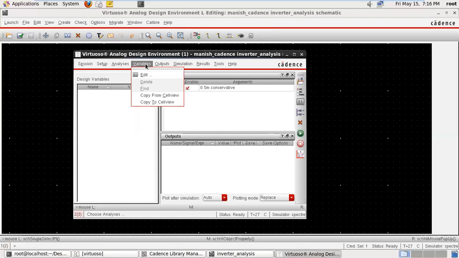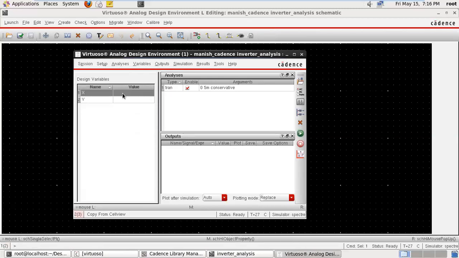Go to Variables, Copy From Cellview, so you can see the variables here. x is my input variable. So here we have taken the gate to source voltage, suppose 0.6 volt, and the drain voltage is suppose 1 volt. Okay, so that is the default value for transient.